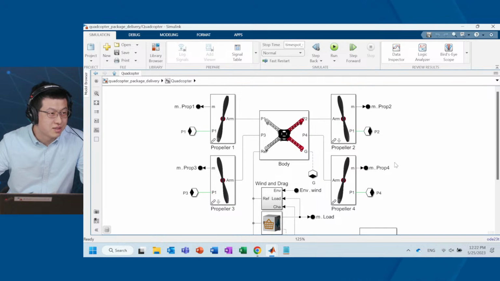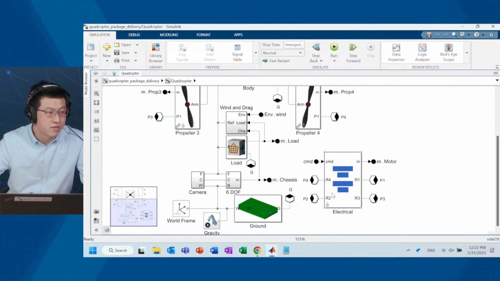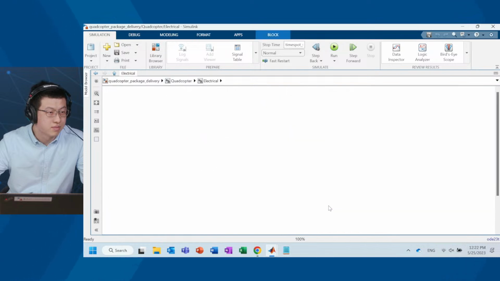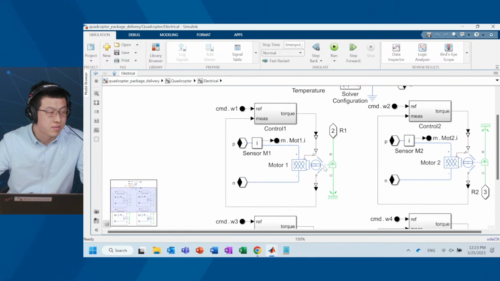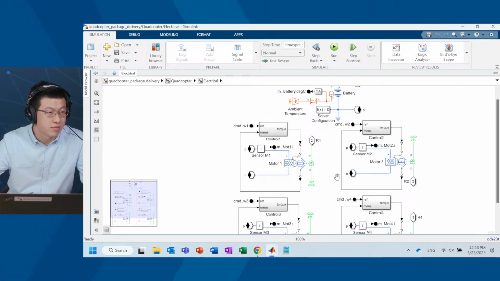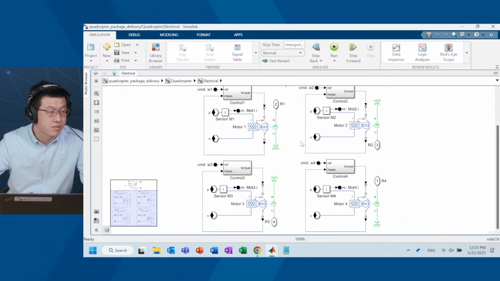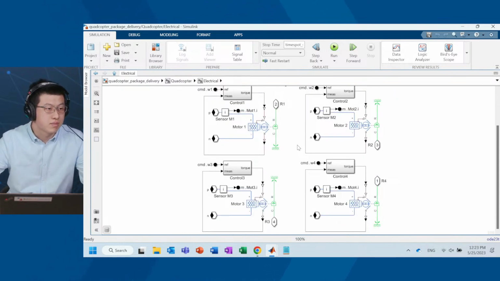Yeah. So inside the model, on the right-hand side, bottom right, you can see that there is an electrical system reference. So inside that, this example model has 4 DC motors. So it is almost similar to the ones which we have created. But this is, I think, a different type of DC motor which this model is using. And if you go back,